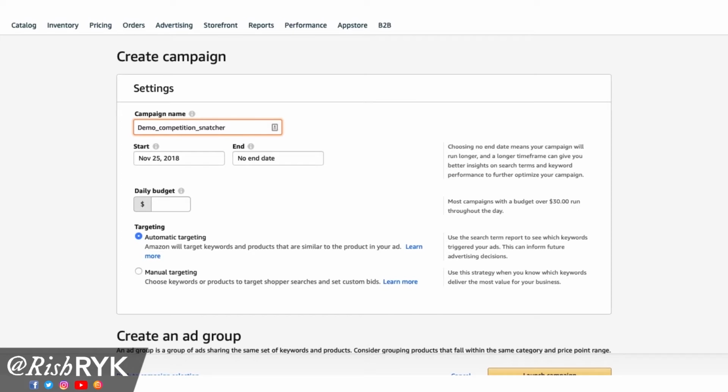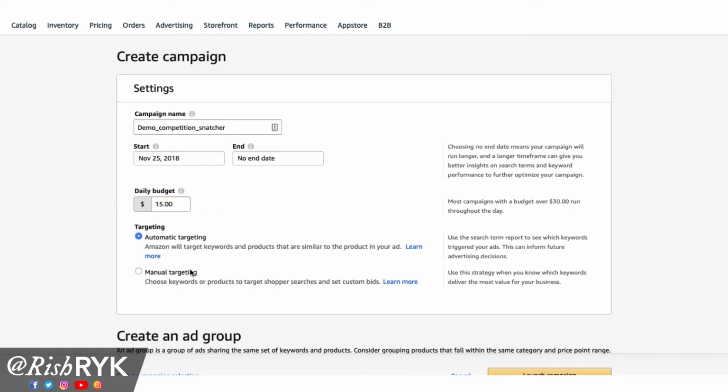So what we are going to do over here is we're going to actually target the products which are our competition. And we're going to steal away their sales as long as your listing has good reviews and looks good and all that. Those are implied without saying. But yeah, you can practically steal the sales of your competition, right? And let's set the budget to a generous $15, because it's season time.